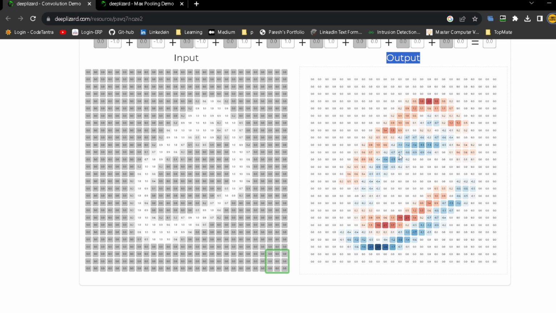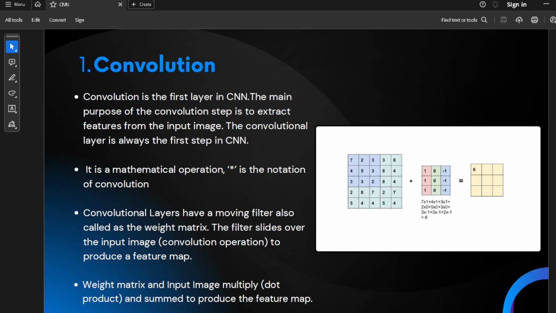Here is the result of the convolution operation, that is the feature map. Now move to the next slide.